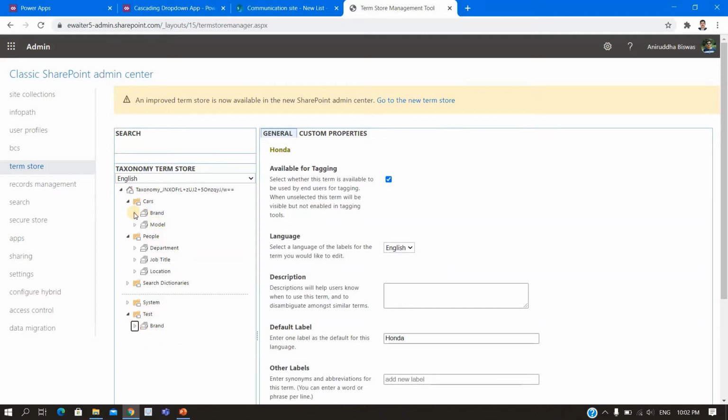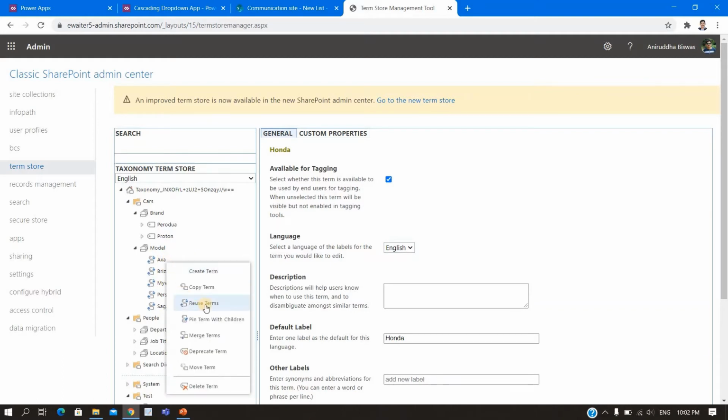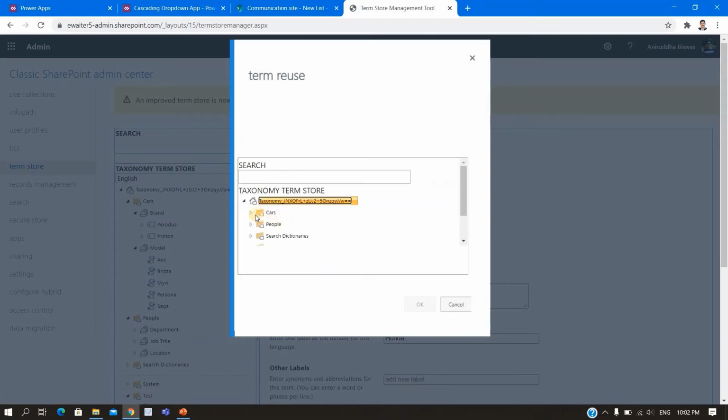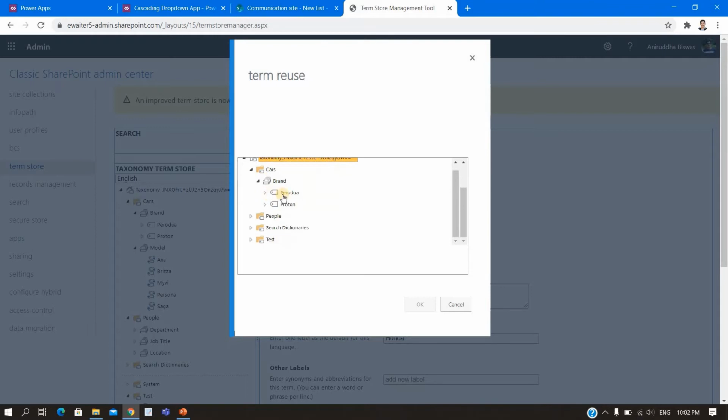Okay, so I have created two things. One is brand, where there are Perodua and Proton. These are cars in Malaysia, and these are the models. When I create models, you can reuse terms. When you click reuse term, it will ask which term you need to connect to.